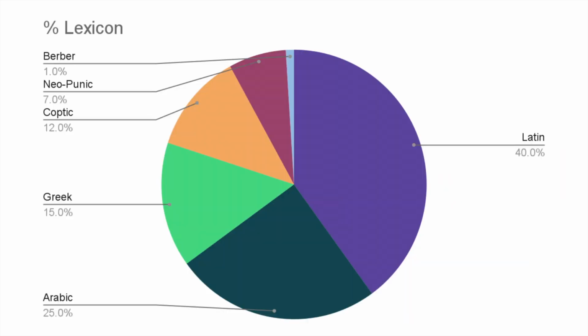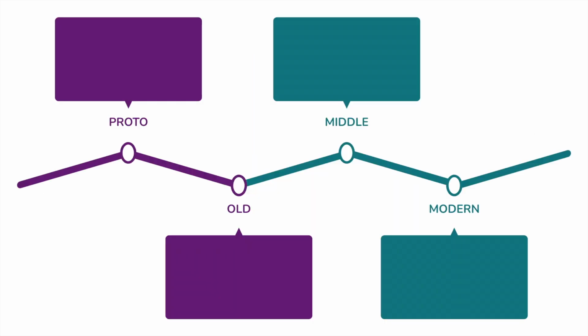I knew I wanted about 40% of my lexicon to come from Latin, a quarter from Arabic, 15% from Greek, and so on. You don't have to create exact percentages or anything here, and you definitely won't be able to stick to exactly what you set, but it's still a useful thing to think about. Since you have this plan, you can set up your notes along the plan in a timeline. We'll use the phonology as an example, but this pattern can be extended to grammar as well. So for phonology, in our first period I put the phonology of my proto-lang, in this case Latin, as well as the phonology of the dialect I knew I wanted to make the conlang develop out of, in this case African Vulgar Latin, and finally also a few other Romance languages which I think would undergo similar sound changes.